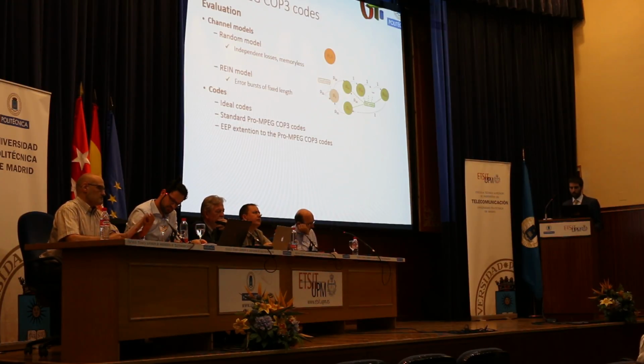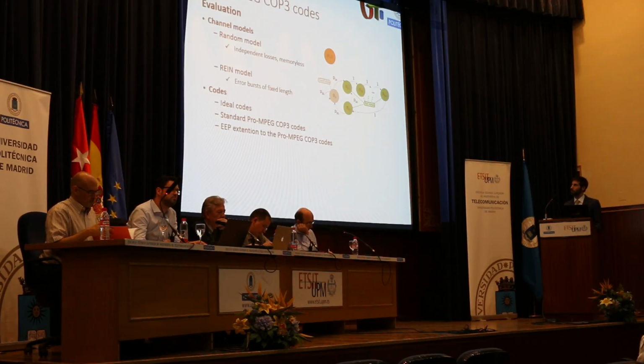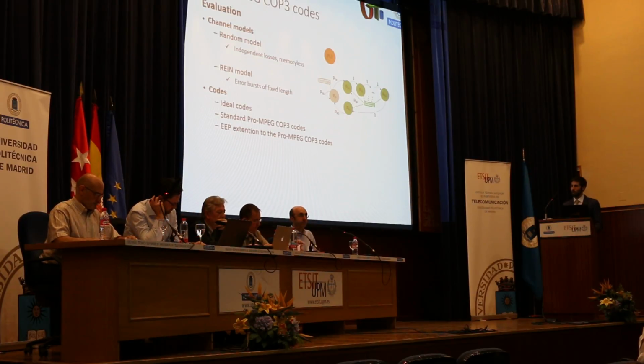We will evaluate this introduced extension by simulating the transmission of data packets over an unreliable channel. We will do that by using two different channel models: the random model, which will introduce independent losses, and the burst model, which models the main source of error of